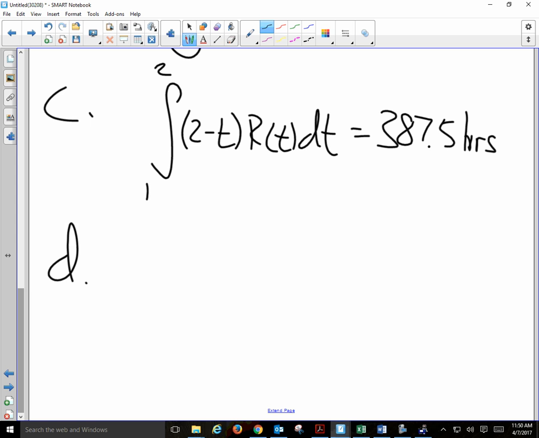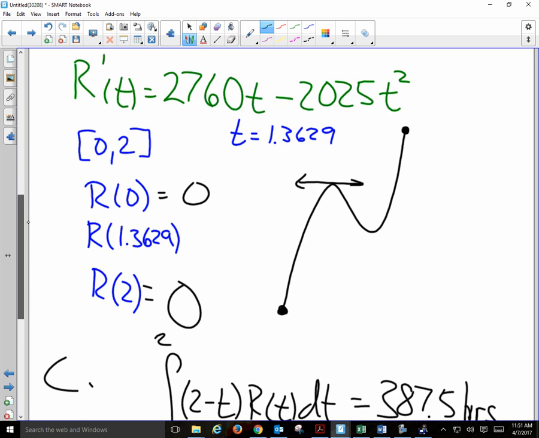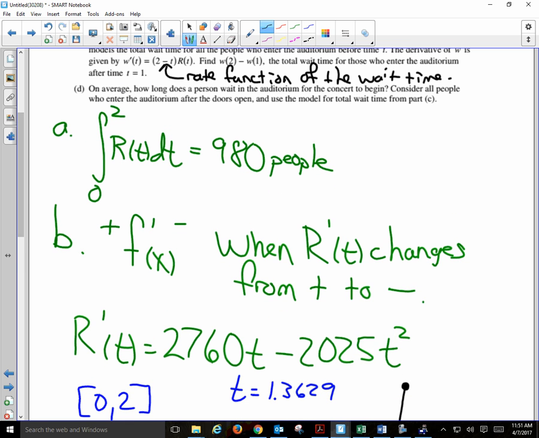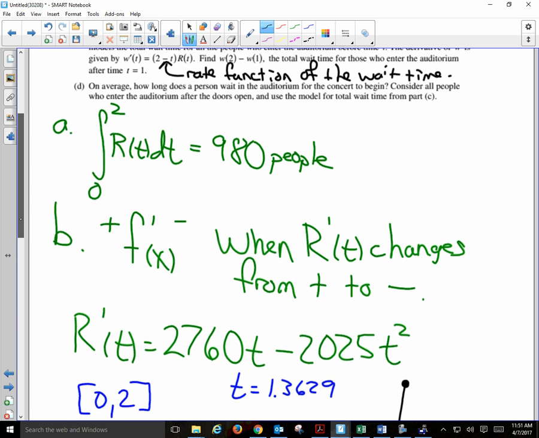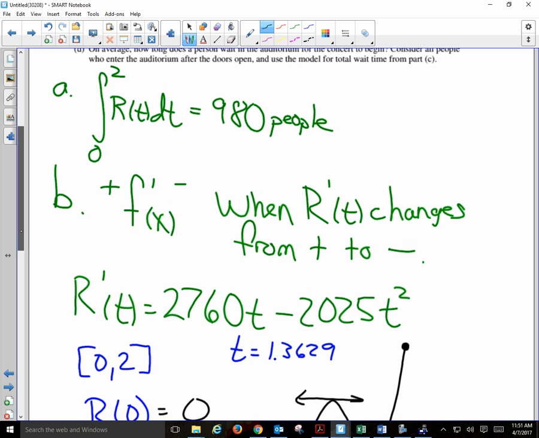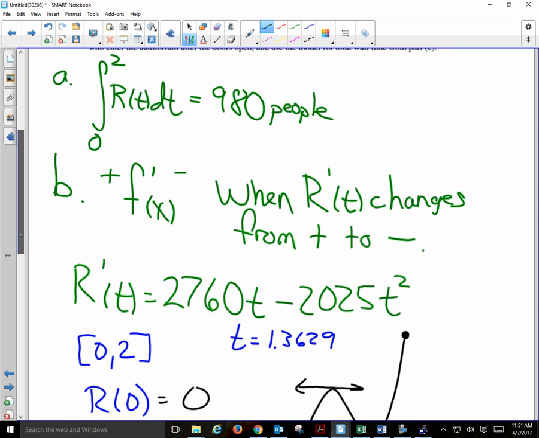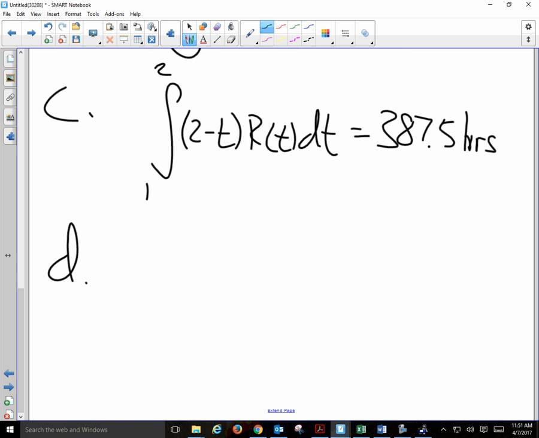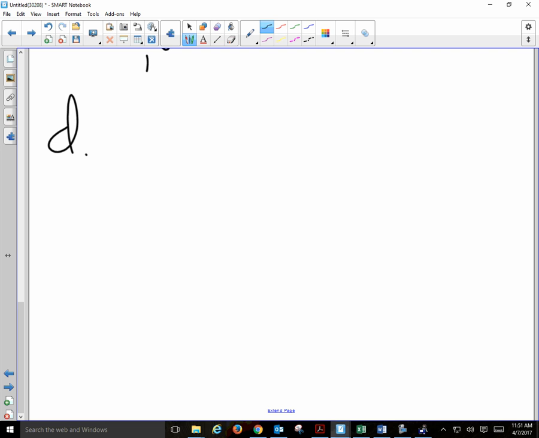Yep, second calculated number 7, from 1 to 2. Last question says, I got this wrong when I first did it. It said, on average, how long does each person wait in the auditorium for the concert to begin? Consider all the people who enter the auditorium after the doors open and use the model for the total wait time from part C. So would you guys agree that the average amount of waiting time is the total wait